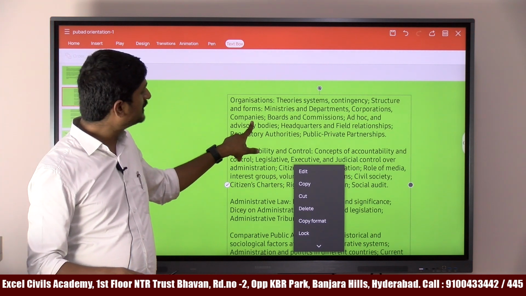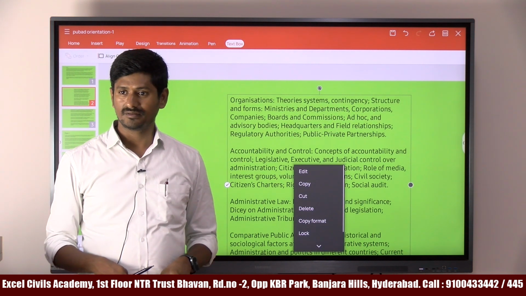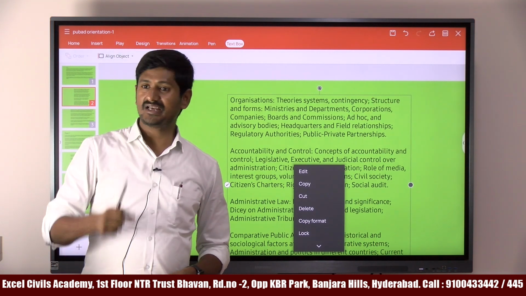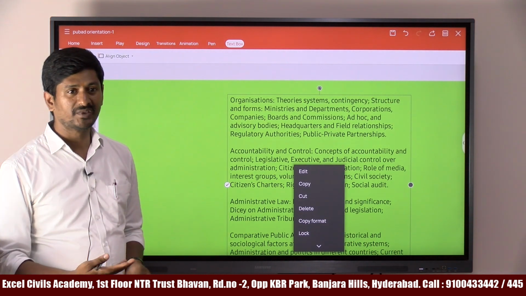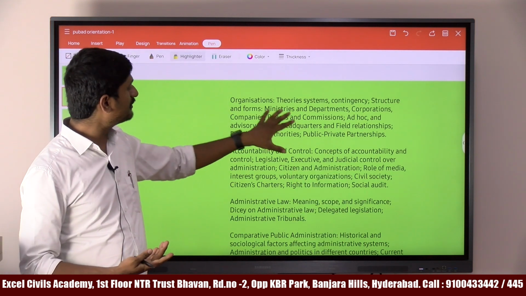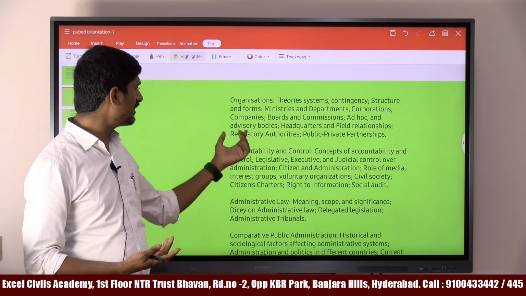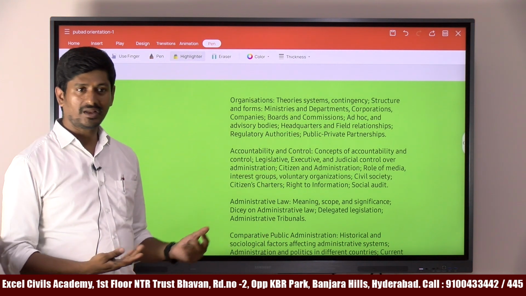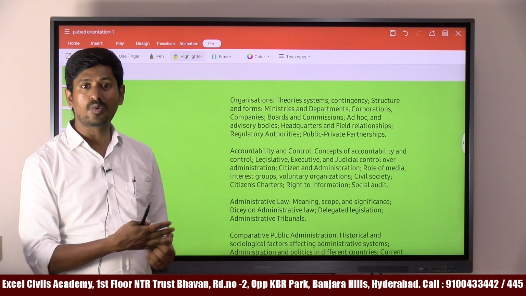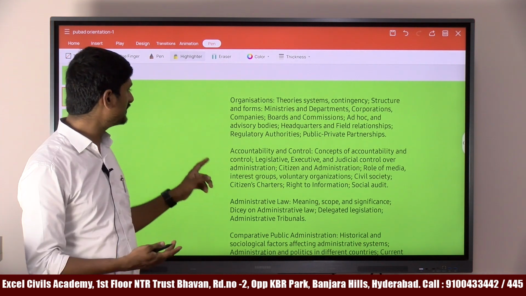Which principles are we applying? Contingency theory. Because when the needs change, definitely organizational structures, composition and the role must be changing. So we will be seeing different types of organizations: boards, commissions, corporations, departments, ad hoc and advisory bodies, headquarter and field relationship. Okay, how headquarter and field level organizations are coordinating with each other, how orders are received, how the policies are implemented,